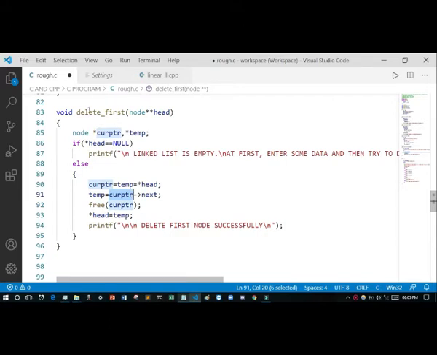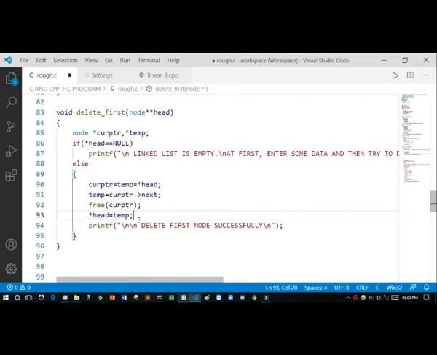Okay, and then this first node, because delete first means we want to delete the first node. So for this reason the current pointer is assigned star head, initialized here. Then I want to just free it, but remember it carefully. If you do not write this line, you will lose every node whatever you have given in this program.